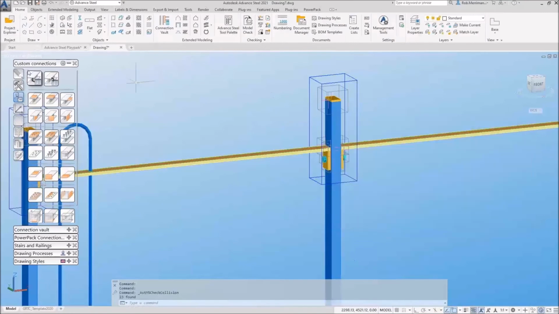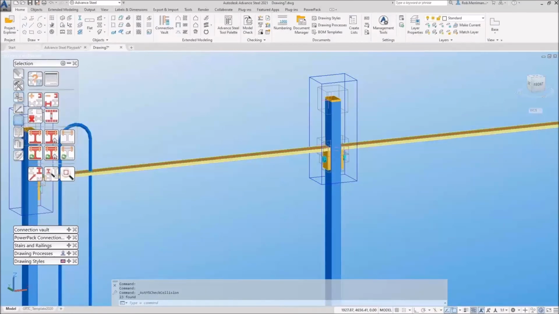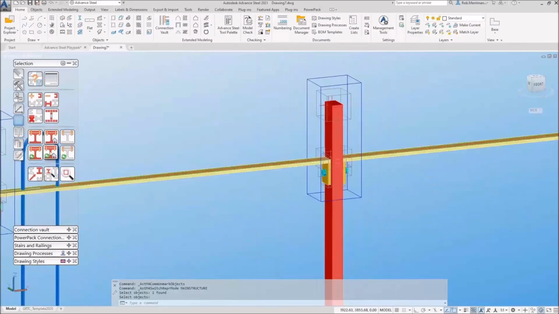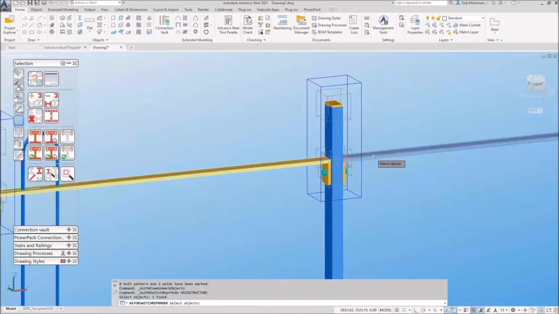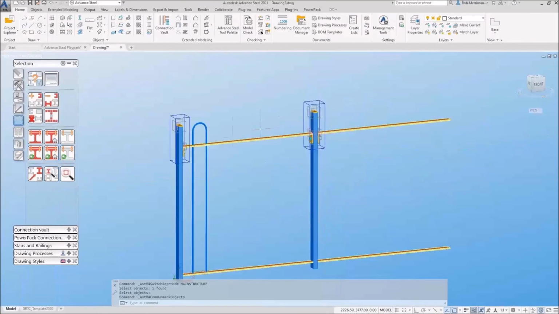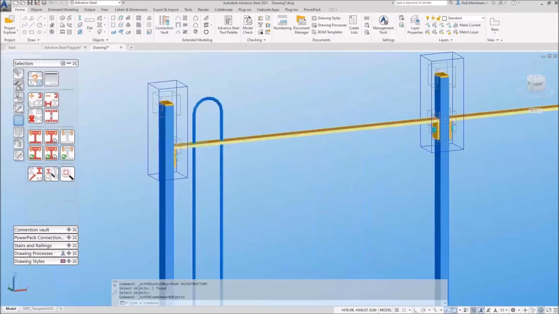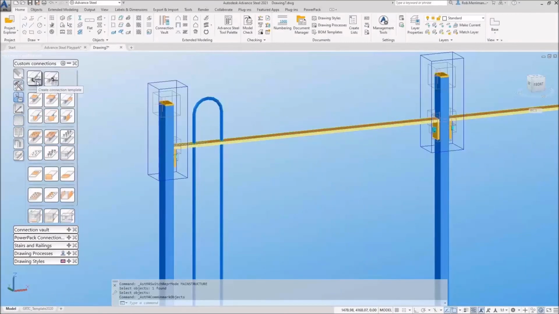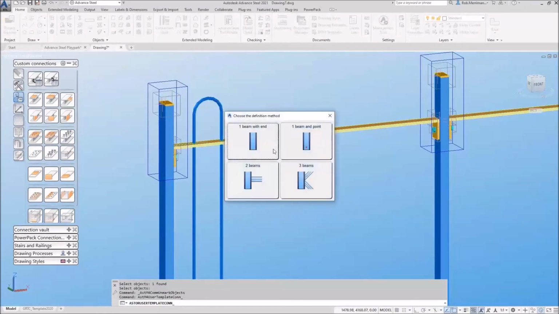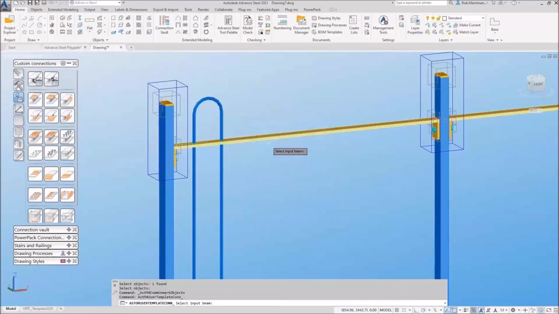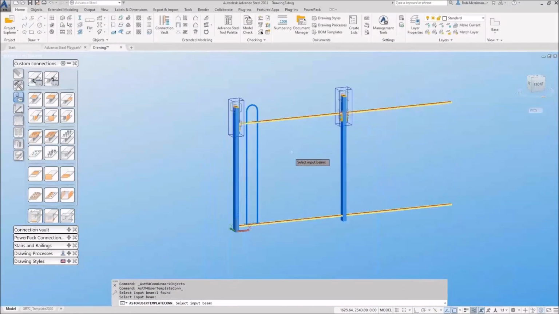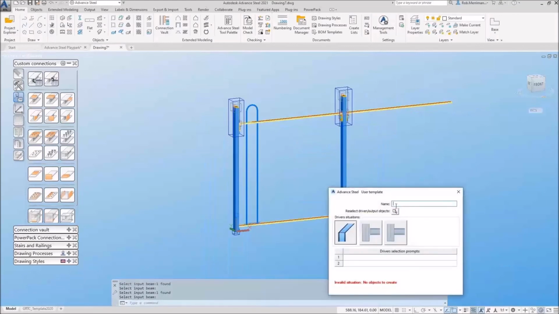So it's found no errors on the clash check. We also want to make sure that things aren't welded up, so the cap plate is welded to the post. These lugs are welded to the rails. And then what we'll do is we'll try and put this one in as a custom connection as well. So we'll say this is based on 2 beams, so it's top running rail, bottom running rail, and we'll put